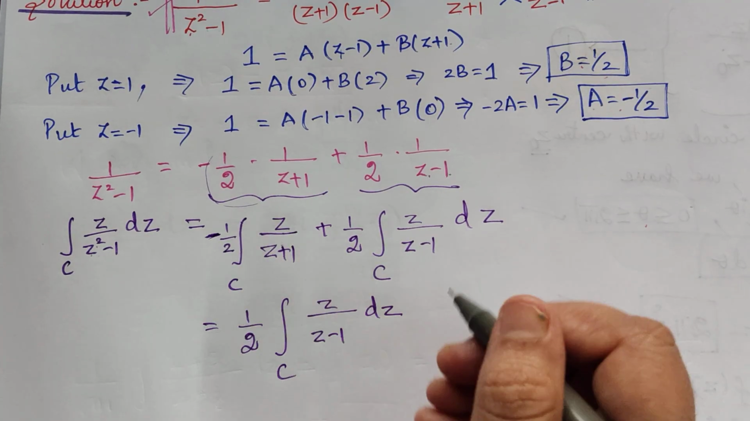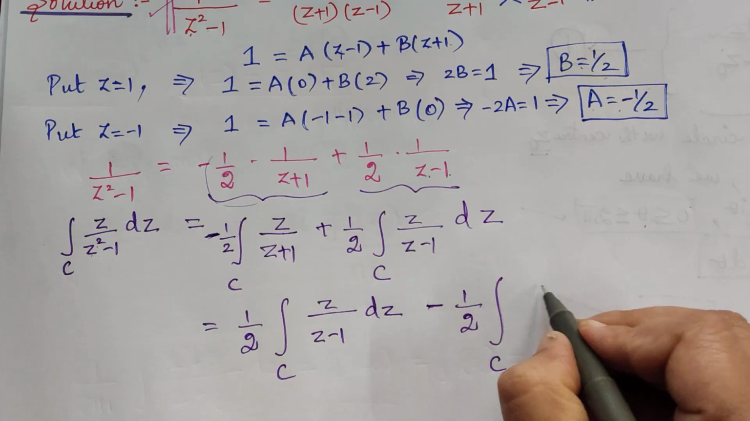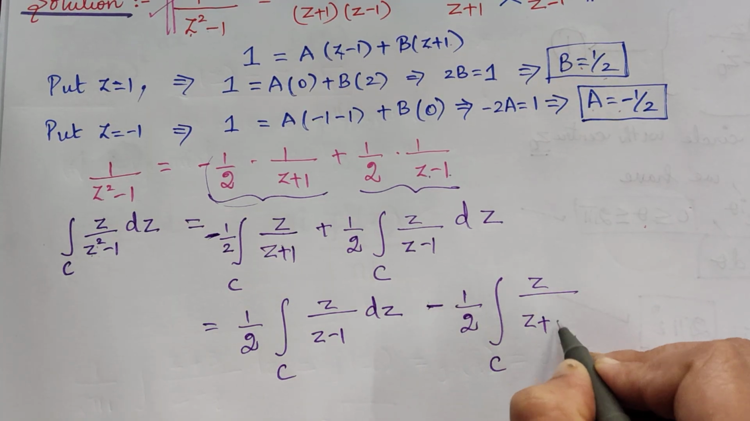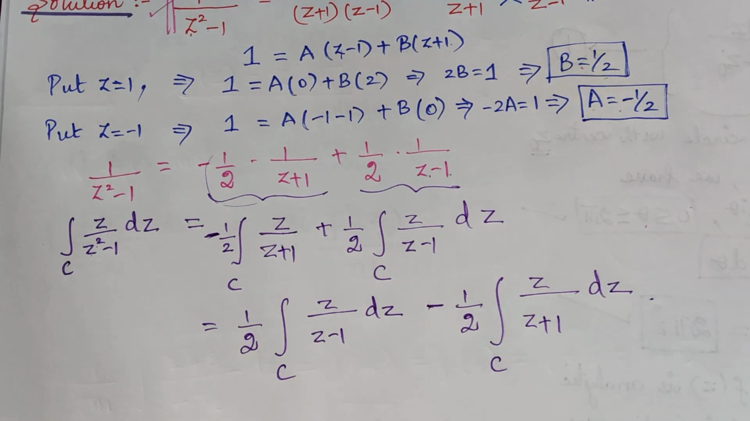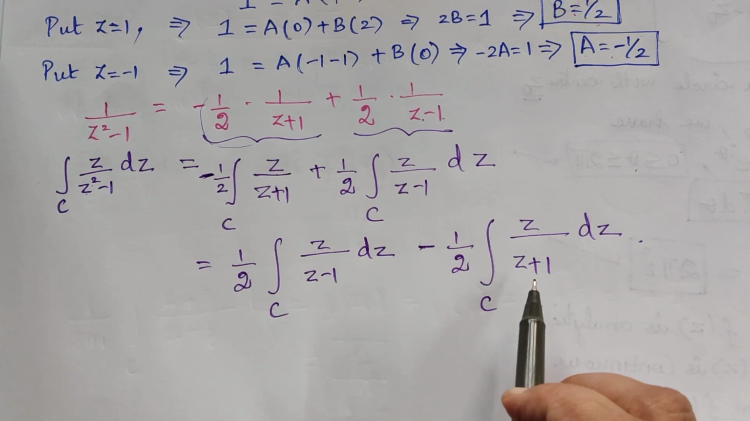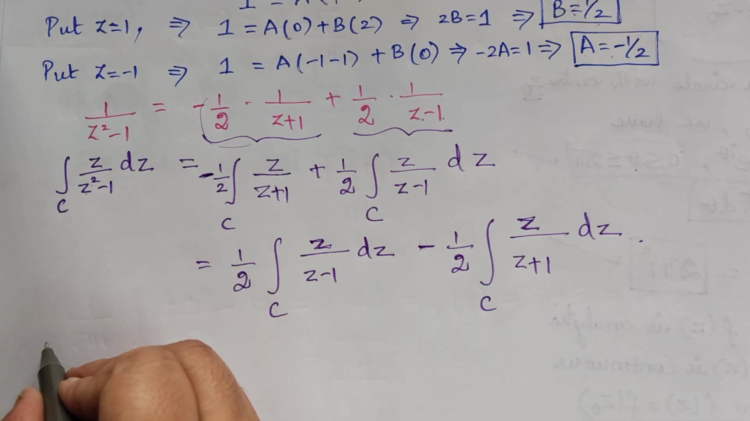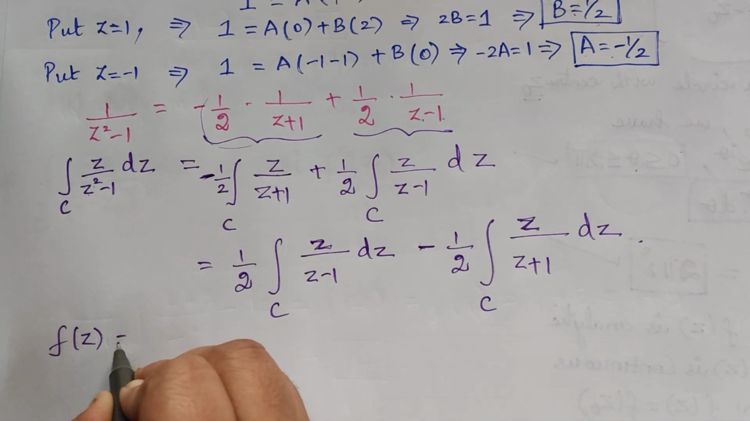Since I have a negative sign here, so minus 1 by 2 integral over C, z by z plus 1 dz. Now, we have to check whether f of z is analytic. First, what is f of z? It is z for both the integrals. So, f of z is equal to z,